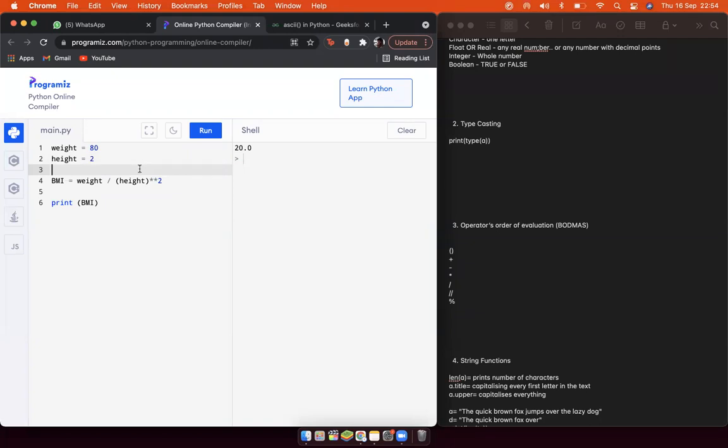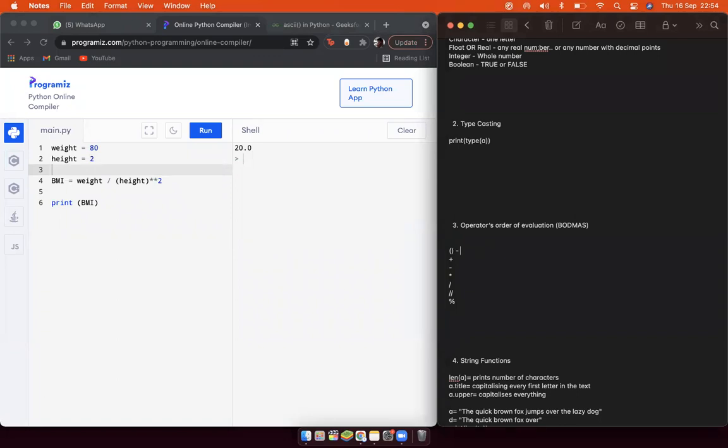There are a couple of other things. If you look at the note over here, there are the brackets, just simple brackets. This is addition, this is subtraction. Subtraction is the dash sign on the keyboard. This asterisk sign would be your multiplication. This slash, not a backslash, just a slash, would mean your division.